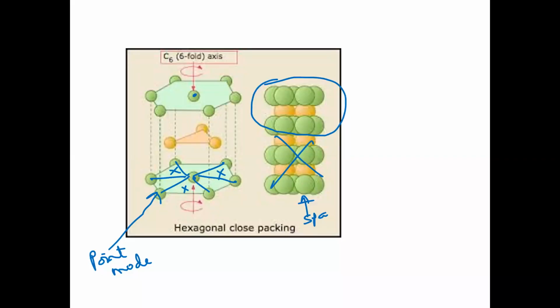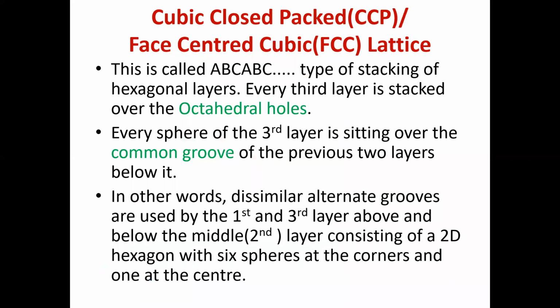Well, forget it. So this is the point diagram which we'll be drawing just after a bit. Now, this is a time where you have to tell me how far we had proceeded. This is the other way, the ABC type of stacking that will generate when you are using the octahedral hole positions, over, not at. You will be getting ABC, the common groove.